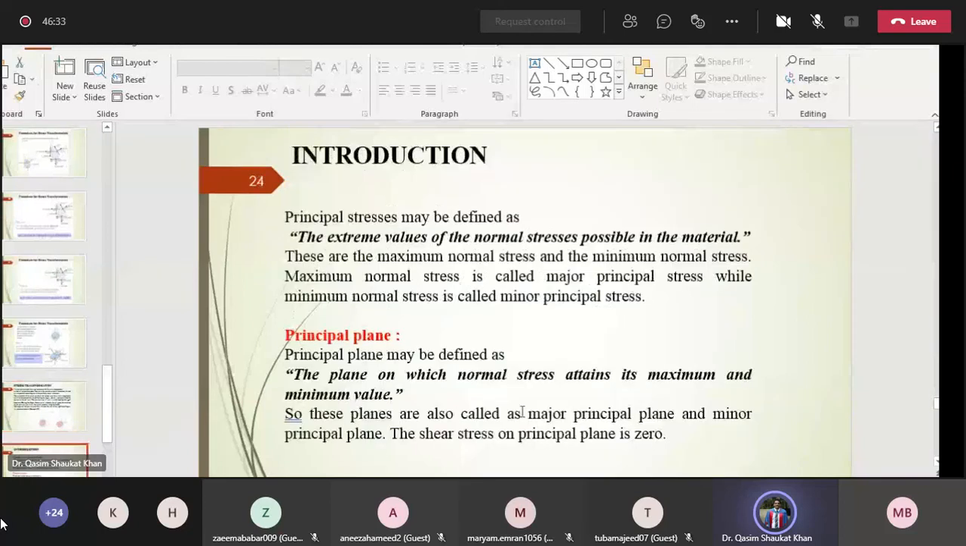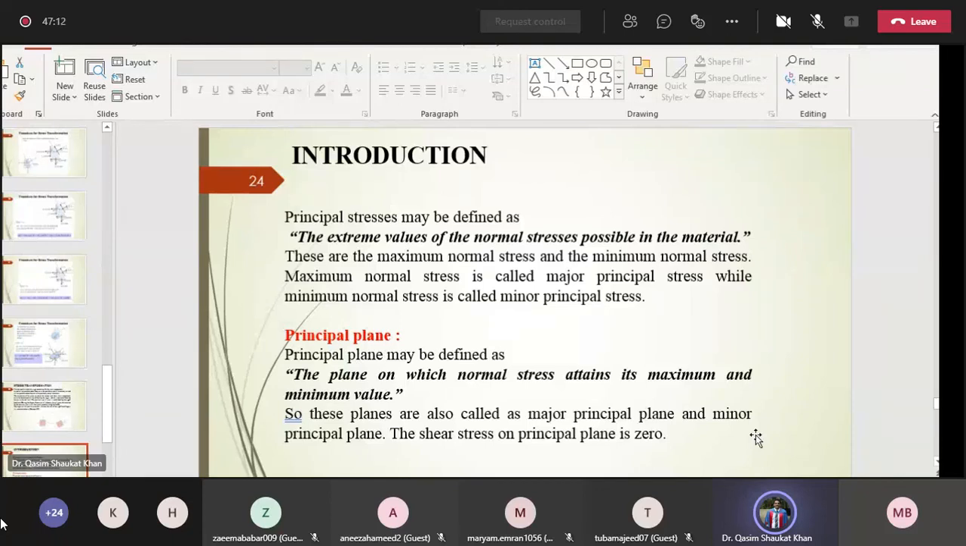So, okay. Now the next thing we have to study. Just a short while ago we did a numerical in which we were given theta, and using that value of theta we calculated the transformed normal stress and transformed shear stress. Now, another thing is we want to calculate the maximum values of the normal stresses,